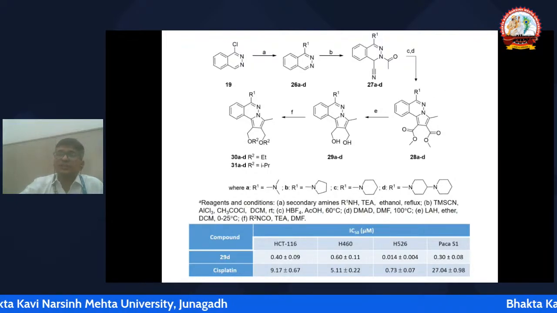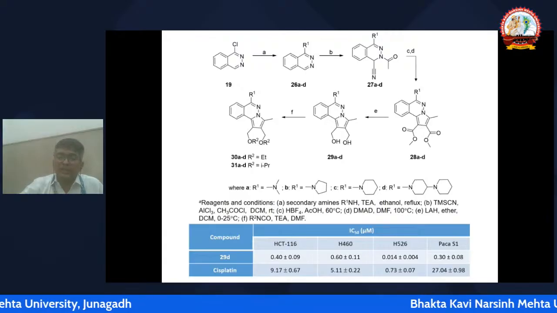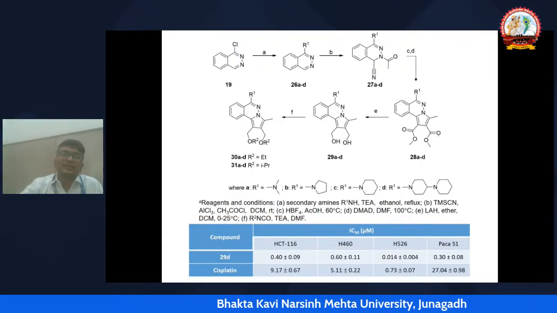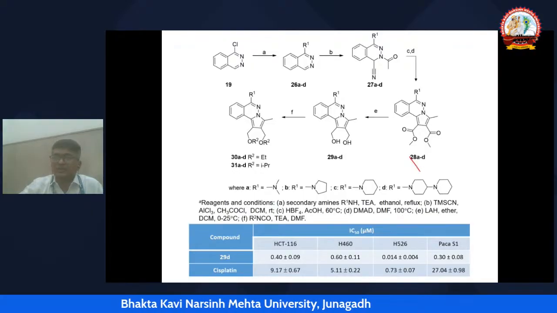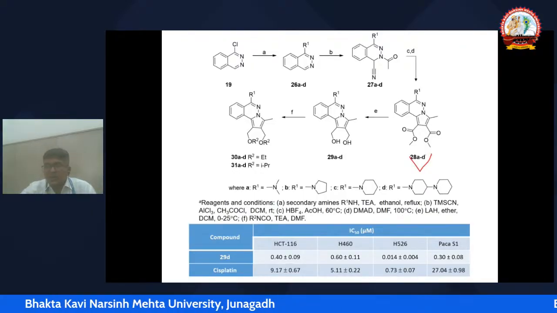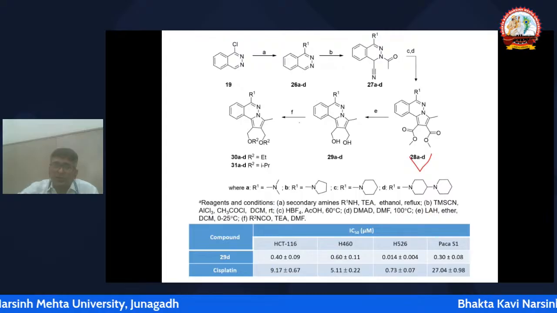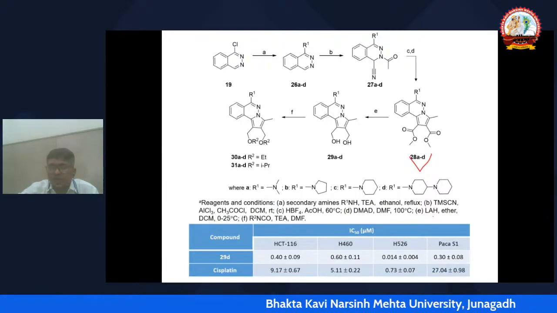In DMF at 100 degrees, it produces diesters, meaning 28A2D. Later on, this compound is reduced to the diol by using lithium aluminum hydride in